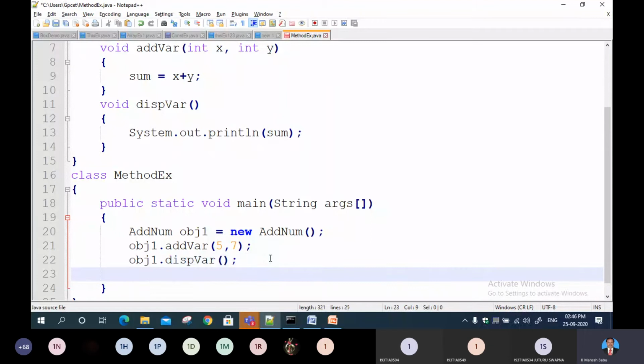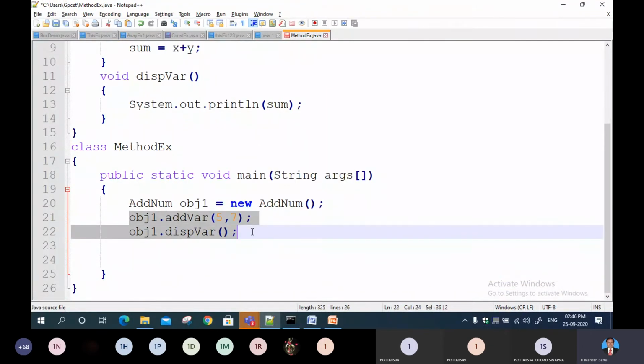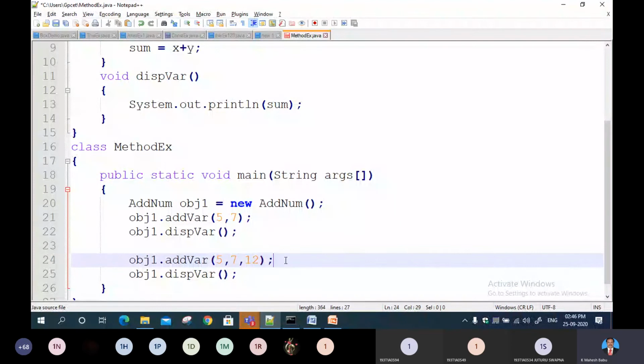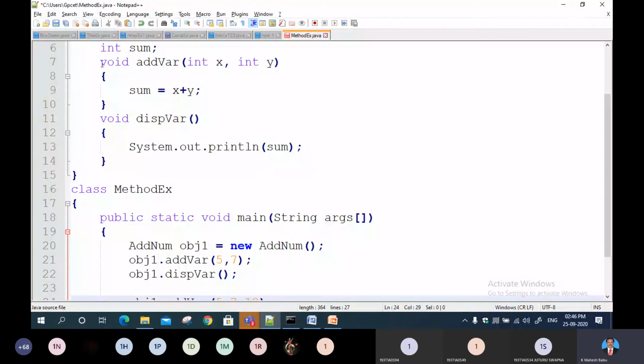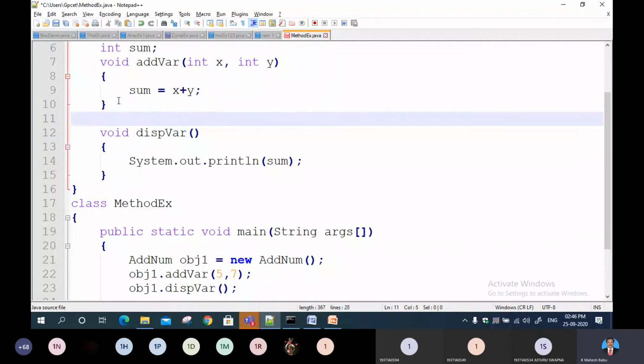For example, for the same object, I just copy and paste here. For example, here I can represent one more parameter, right? So here I need to add one more parameter. Here it is going to accept only two parameters.